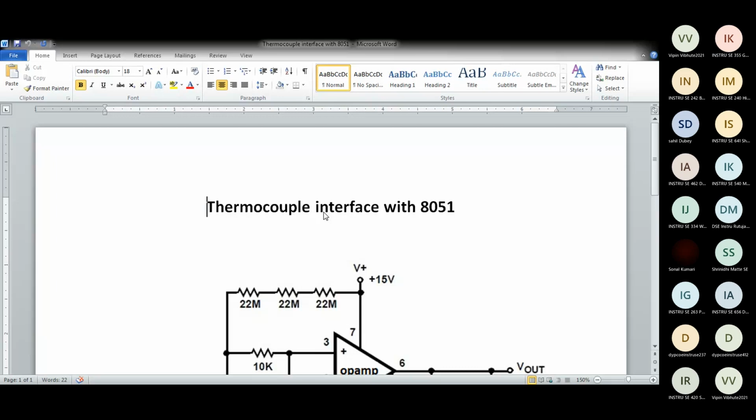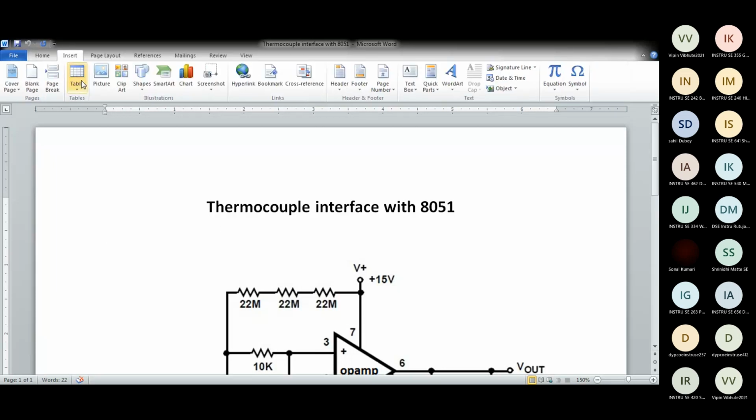A thermocouple is a temperature sensor made up of two metals, like copper, nickel, aluminum. There are many types, J, K, R, S. So two different metals are joined at one end. If you expose that joint to some temperature or heat, at the other free end you get a voltage output.